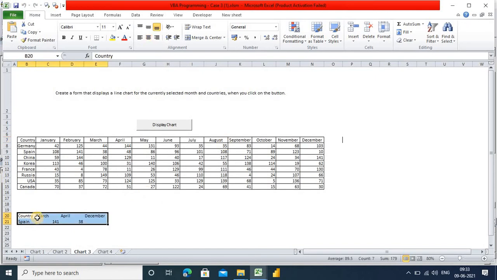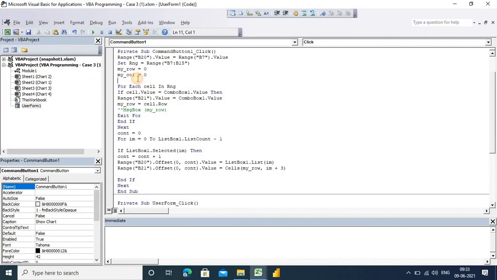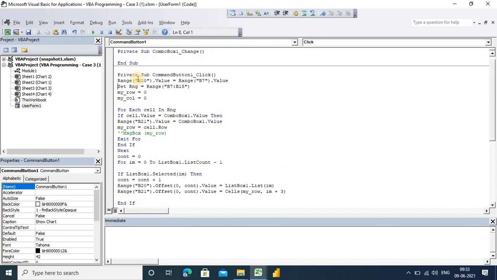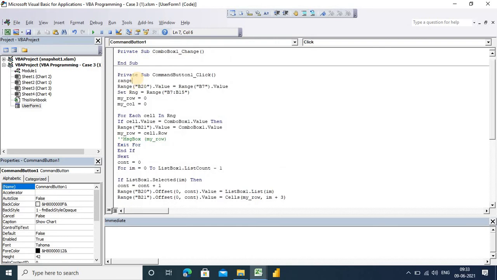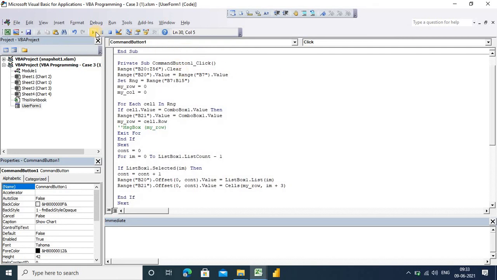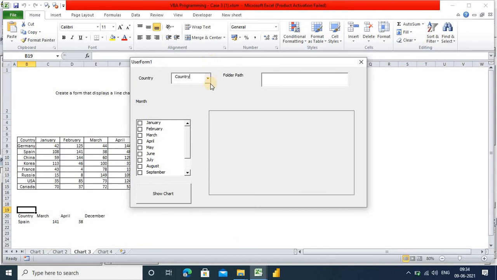So first of all, remove this. For removing all these things again, we can simply write a function, Range B22, let's say 56, so we don't need to remove again and again. Now let's check this. Yeah, I am again selecting the country China, February, March, April.